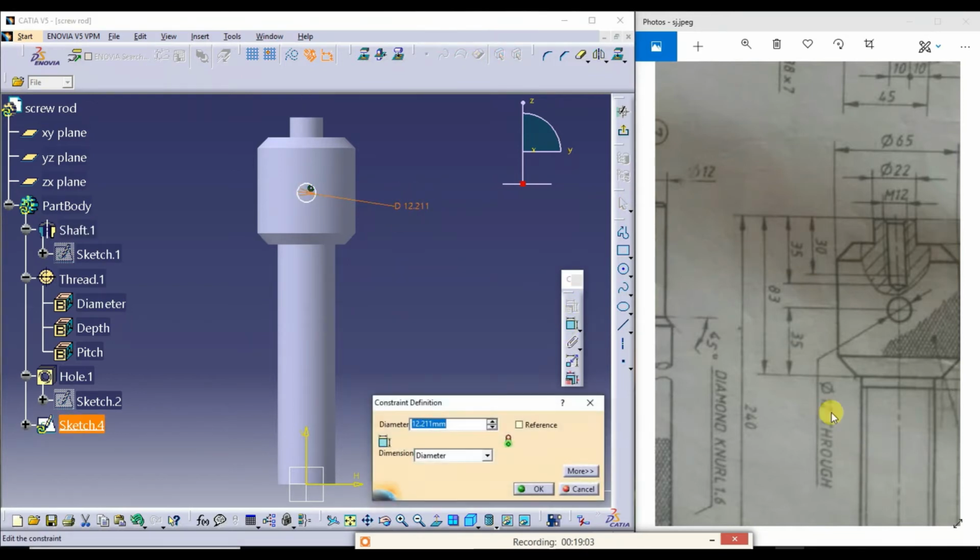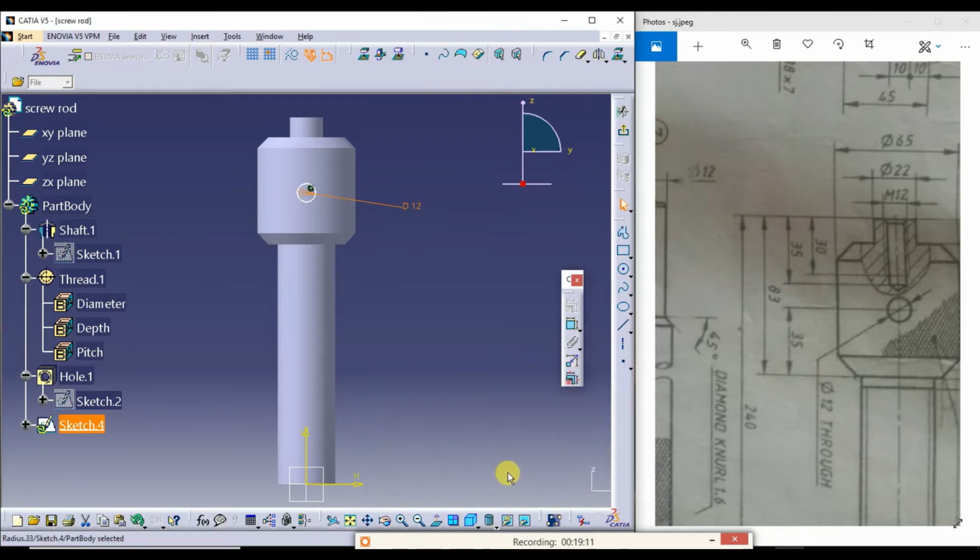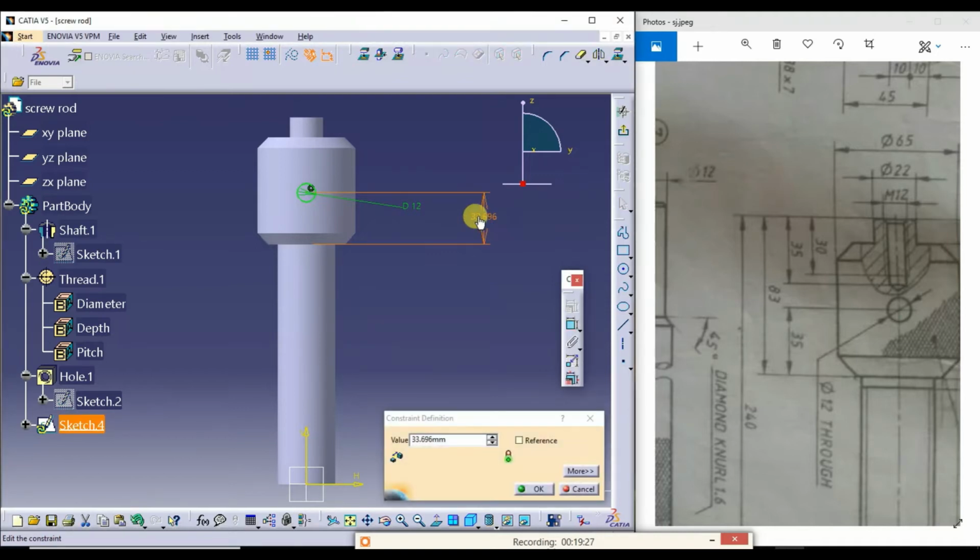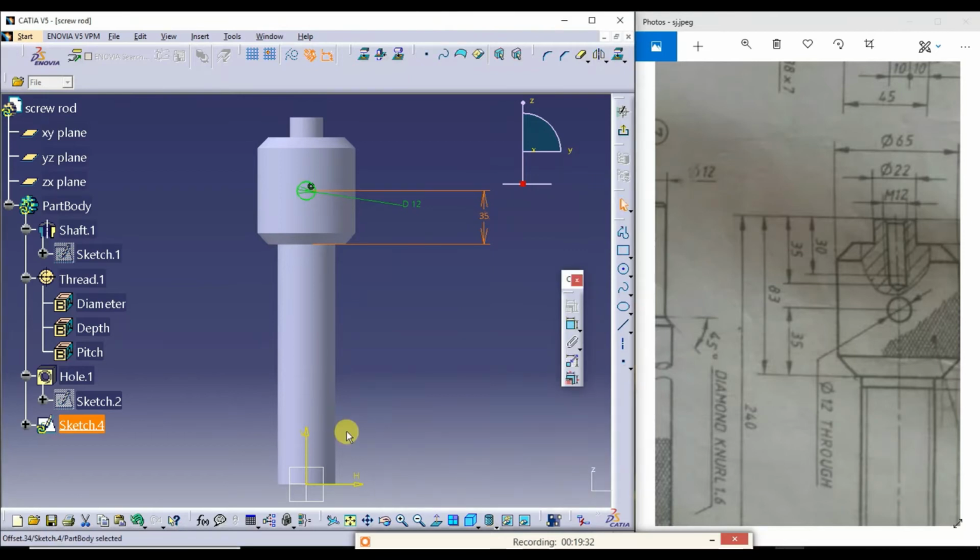This is a through hole, 12 mm diameter. The center of this hole is at a distance of 35 from this edge, so I need to give the dimensioning for this. Center of this is exactly at a distance of 35 here. This has turned green, so it is fully constrained.